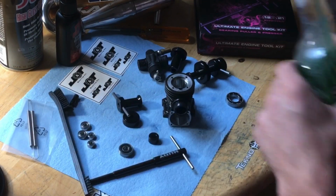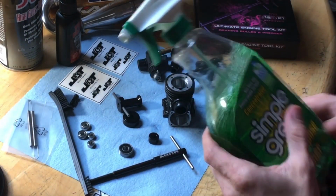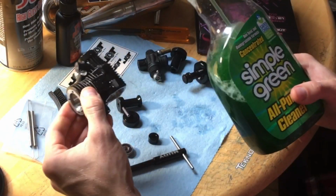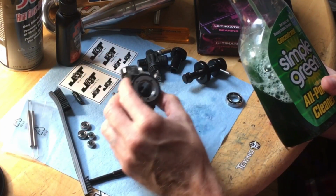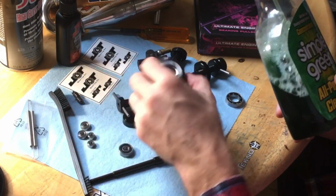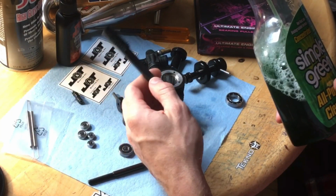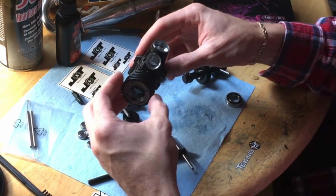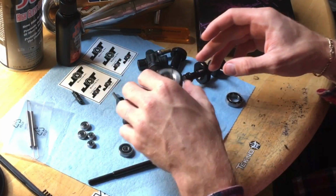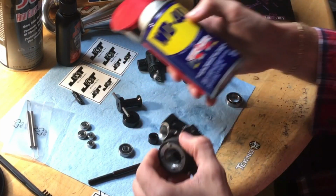Alright, so we're going to go ahead and install this new one, but a little side note: what I did was I sprayed this whole motor down with Simple Green after I removed the carburetor and the pinch bolt and all the O-rings from the motor. Sprayed it down with Simple Green, brushed the outside off real good with this brush, cleaned it out with hot water for like 2-3 minutes, and then I took the whole motor and sprayed it down with WD-40